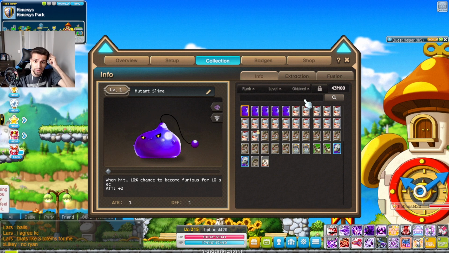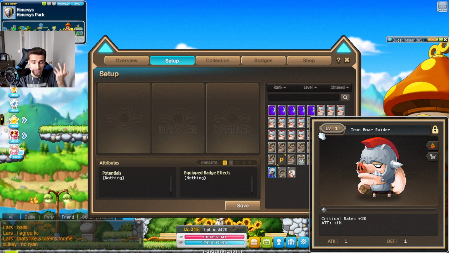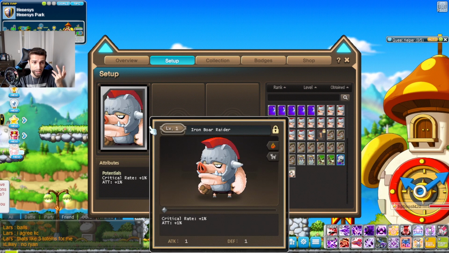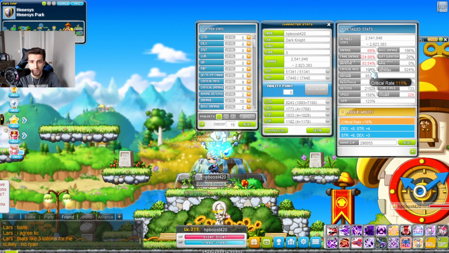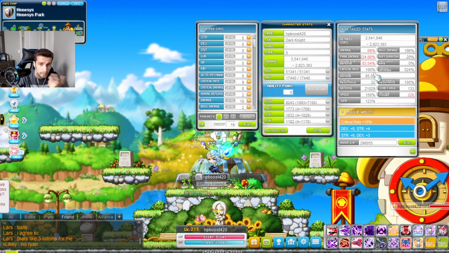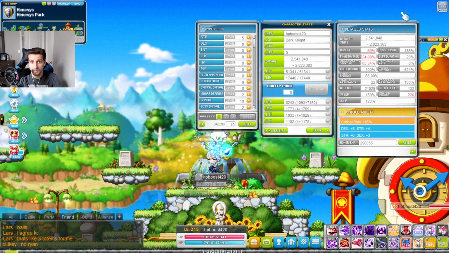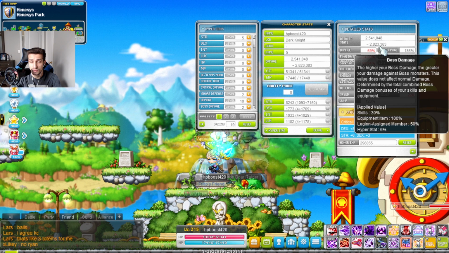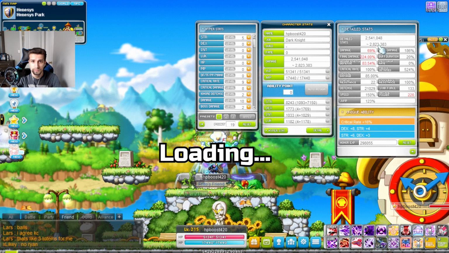Okay, so let's go back to our setup tab and actually put that decent familiar that we got that gives us 1% crit rate and 1% attack. I'll save that preset, and when I go back to the overview, you'll notice that it'll give me 1% attack and 1% crit rate when I do have this familiar active. So let's see, my crit rate is actually 100%. Okay, well, notice my range because it gives me 1% attack. If I were to actually activate my familiars, you'll notice that my range will go up from 2,823,383 to... it should be...